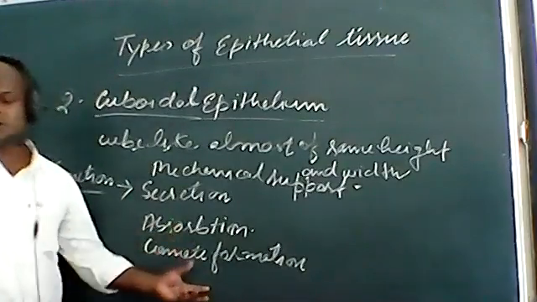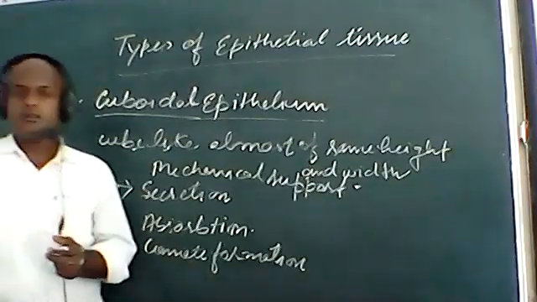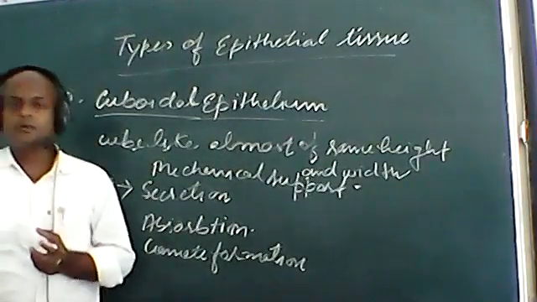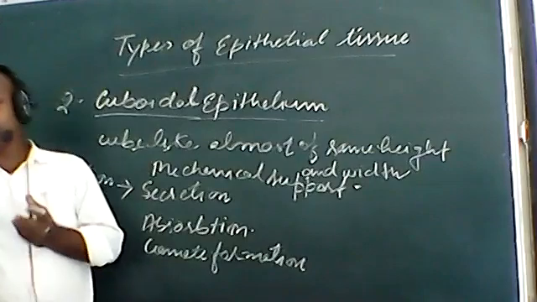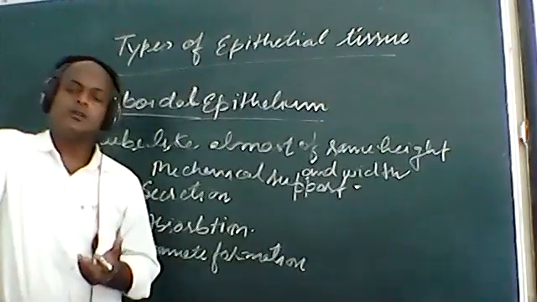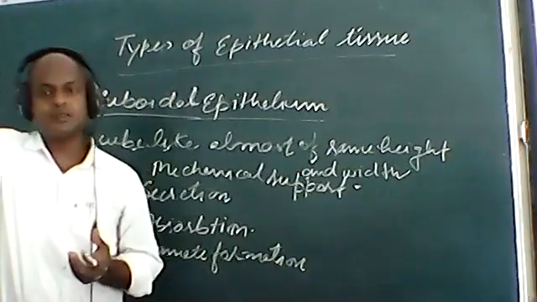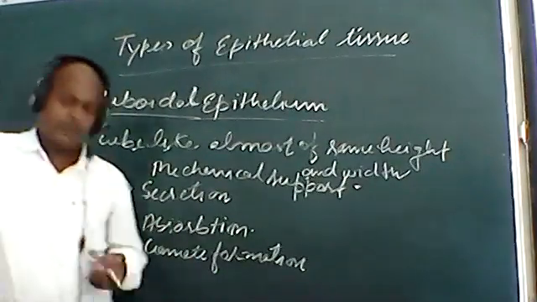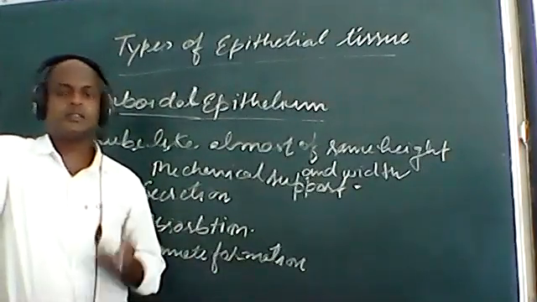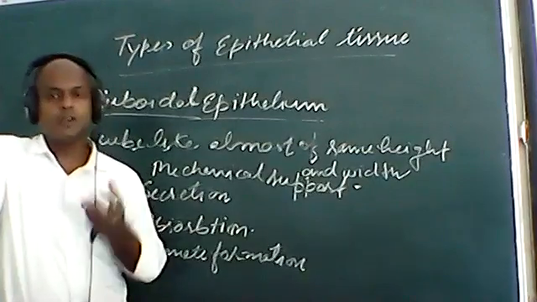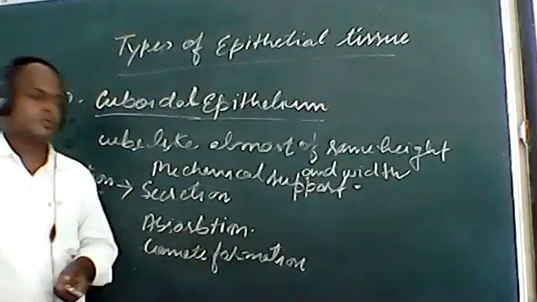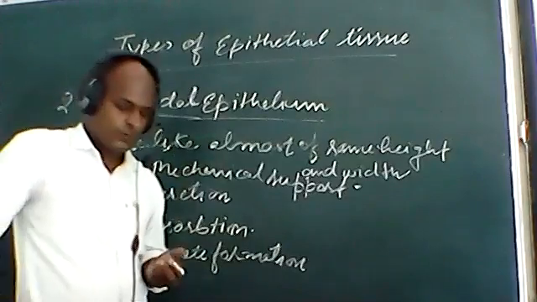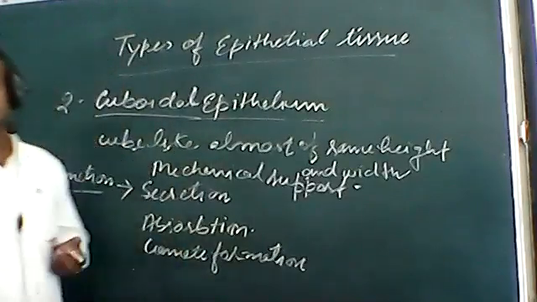The last one is gamete formation. As you have studied, the cuboidal epithelium is present in the germinal layer of our body, due to which it is helpful in production of gametes. This cuboidal epithelium is present in the germinal layer of testes and ovary also, due to which it is helpful in the formation of germ cells or gametes. So we have studied about the squamous and cuboidal. Now the third one which you have to study